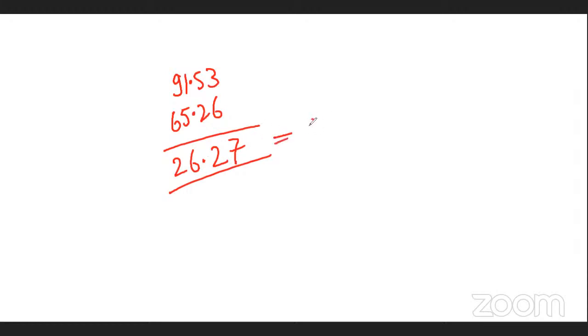If we subtract 65.26 from 91.53, you will get around 26.26, or you can say 26.27. This is the area irrigated more than